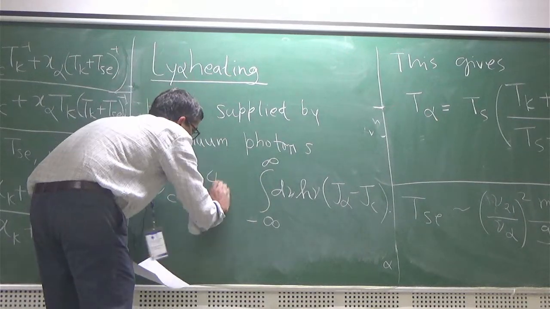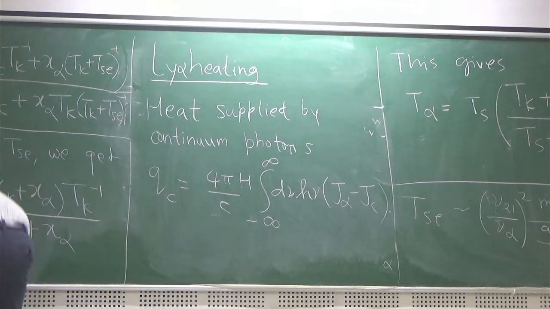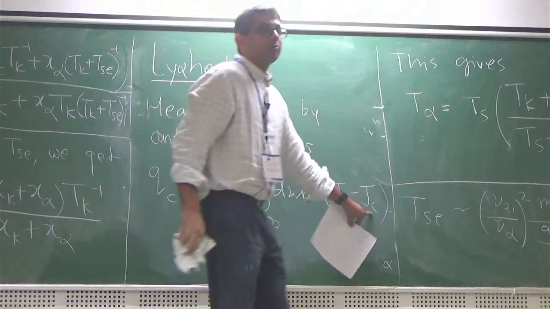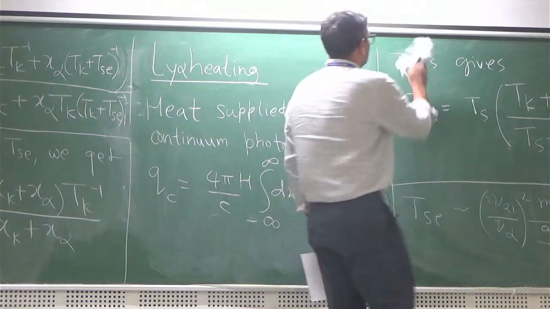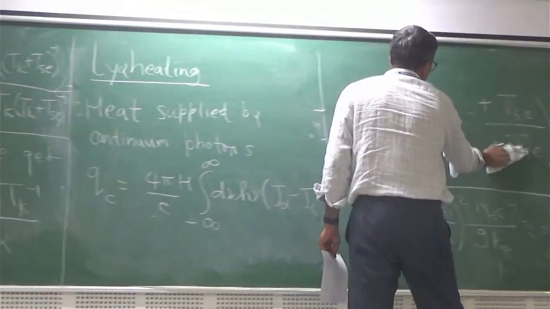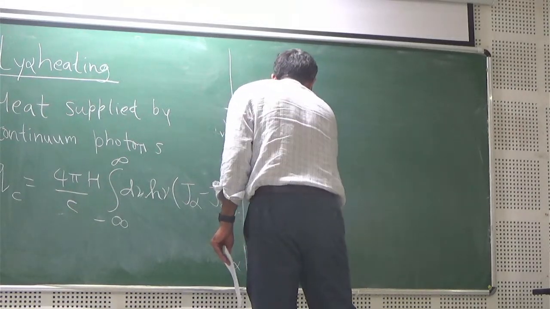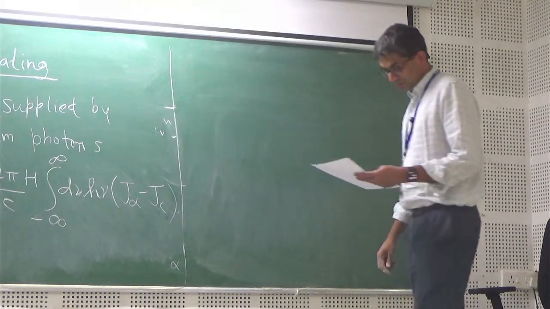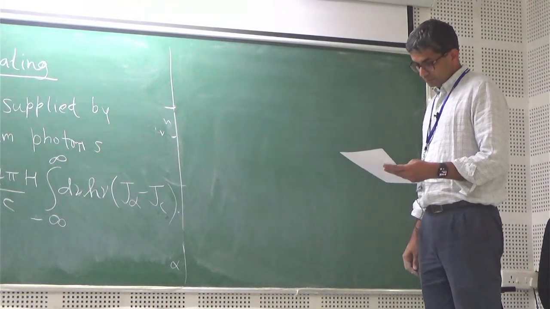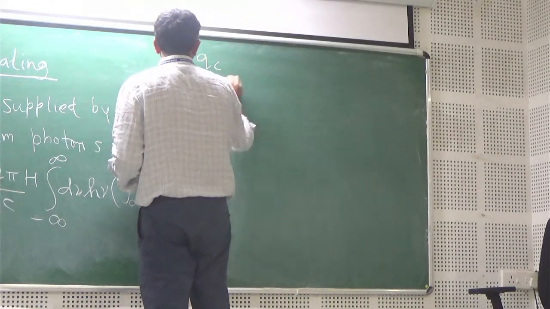And again, you will have some numbers here. Now the idea is you have to put that complicated looking expression for Jc in here, and then if you compute that integral, you will get an expression for the heat that is introduced by scattering of continuum photons with hydrogen atoms. I can write that down for you. If you do that exercise, then you get the expression